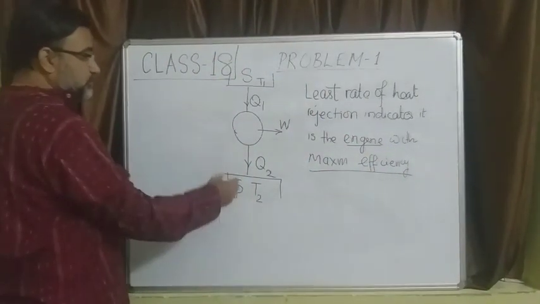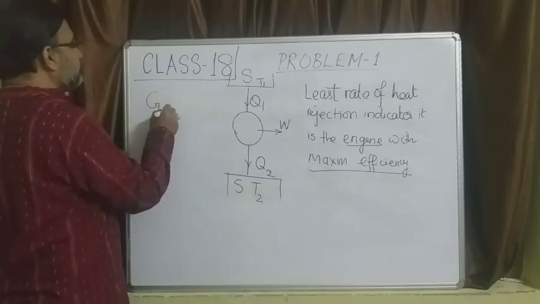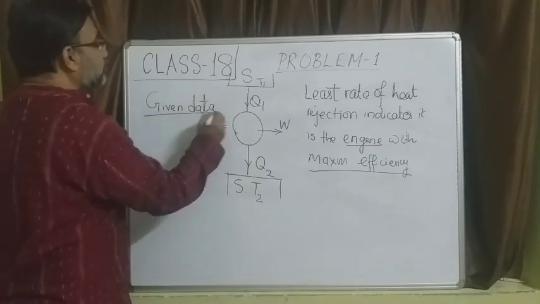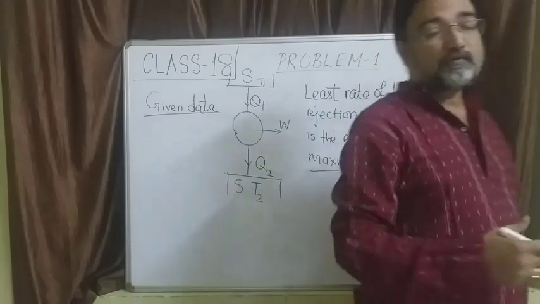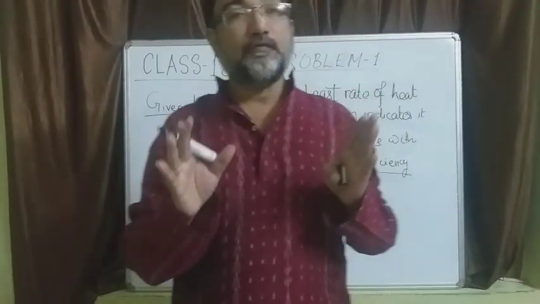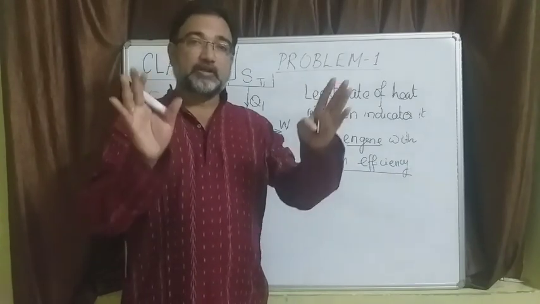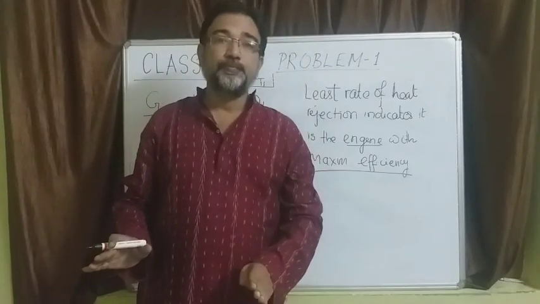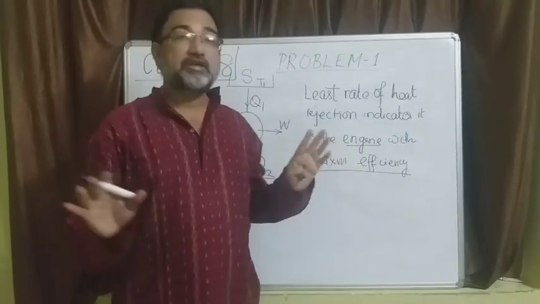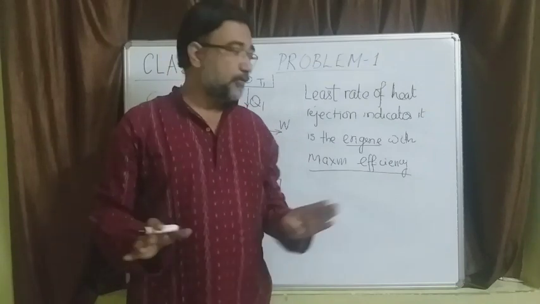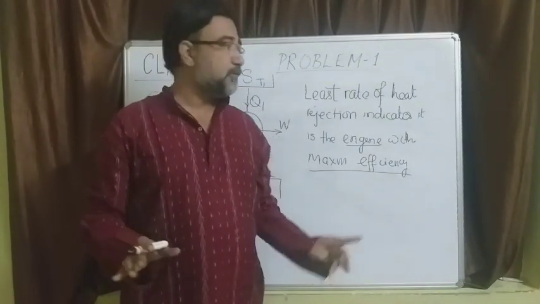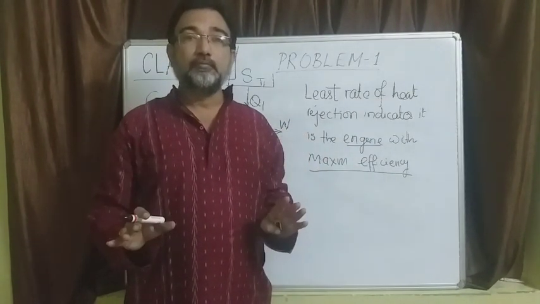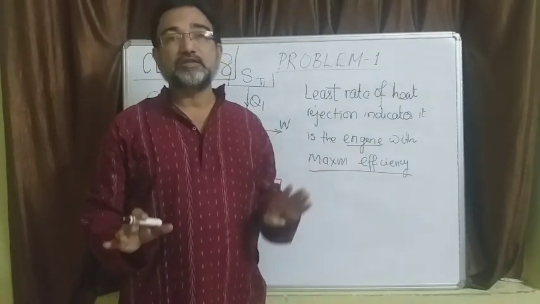So first draw the schematic diagram and now make a list of given data or given information. Just like any other problem we do normally in other chapters, if it is an engine problem, draw the schematic of an engine. If it is a refrigerator problem, draw the schematic of a refrigerator or heat pump as the case may be, and then make a list of given information. Then you identify whether it is a Carnot problem or a non-Carnot problem. So here we have identified it is a Carnot problem and we have written a small sentence to confirm for the reader that this is a Carnot cycle problem.